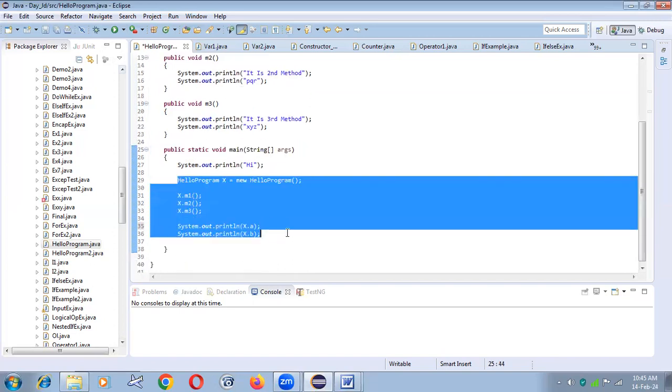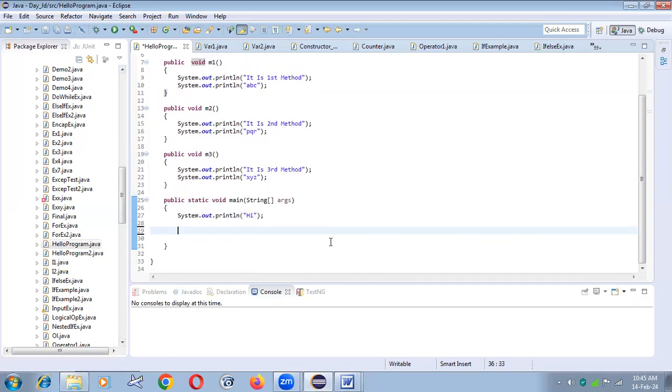Already we discussed in the last class. So if anybody missed the last session, please once watch the last session. I'll provide the link in the description. Okay. So when you are running the program, always the execution is beginning with main method only. So it is a main method opening bracket. It is a main method closing bracket. Inside the main method, just for example,